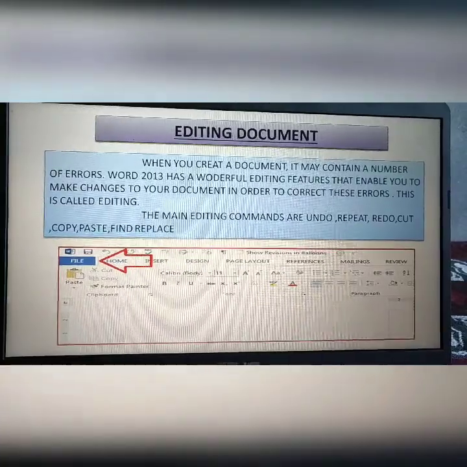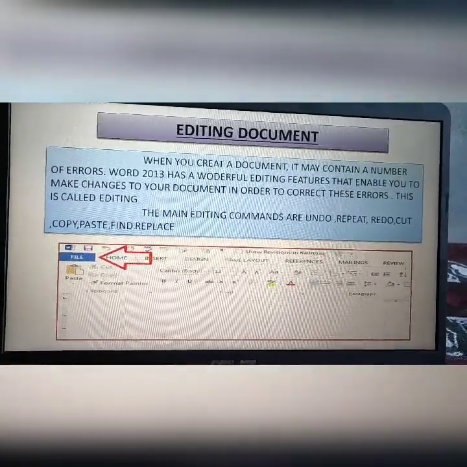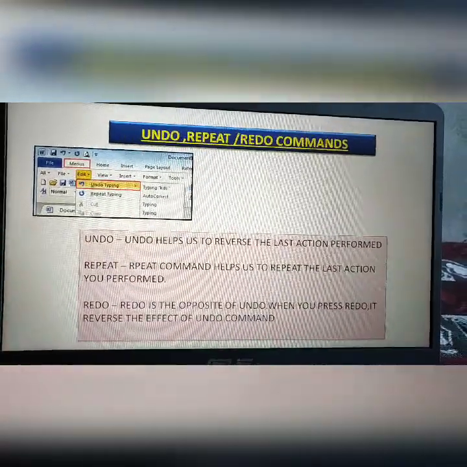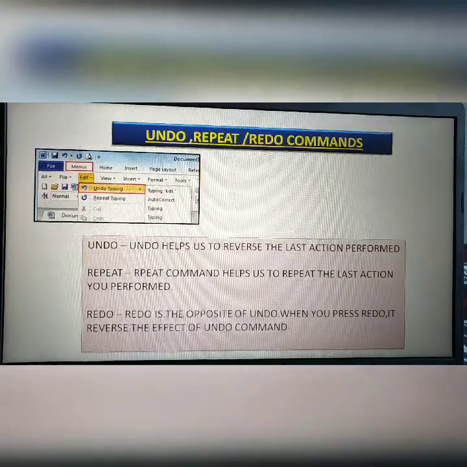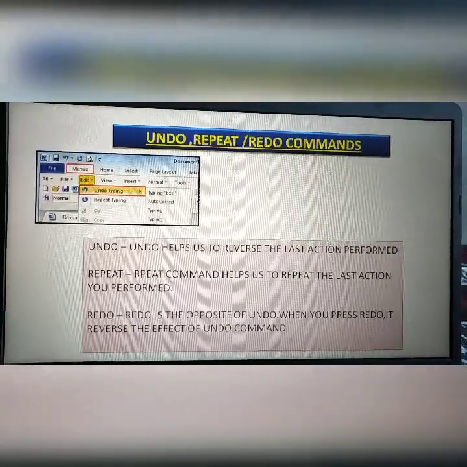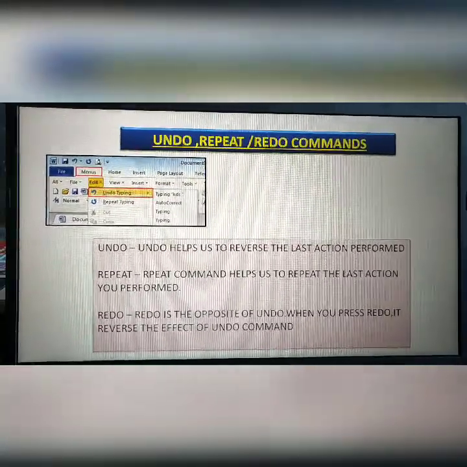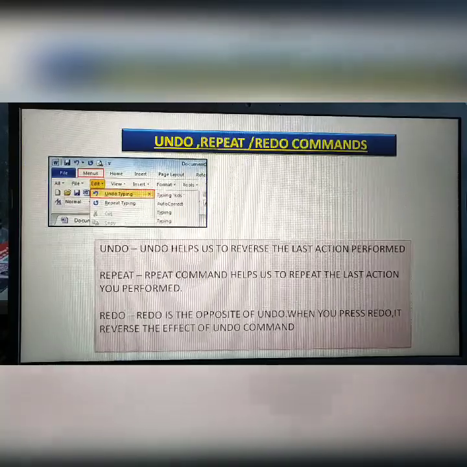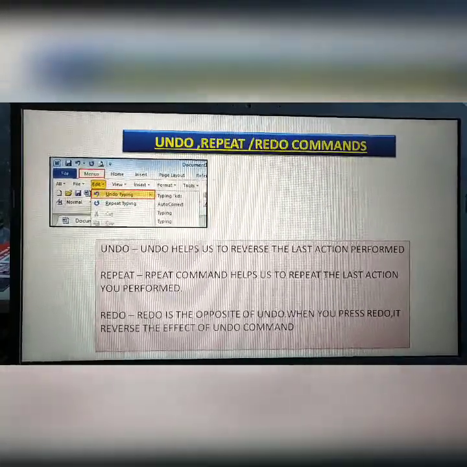Now we will move to our next topic, that is undo, repeat, redo commands. These are the main editing commands. So what is undo?